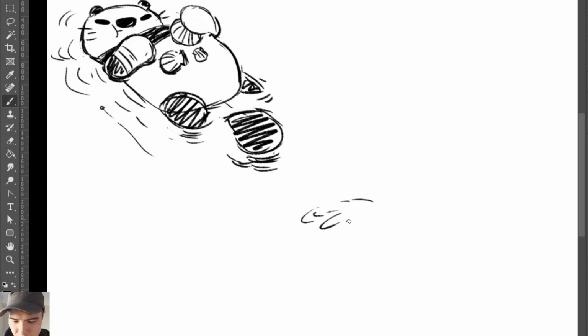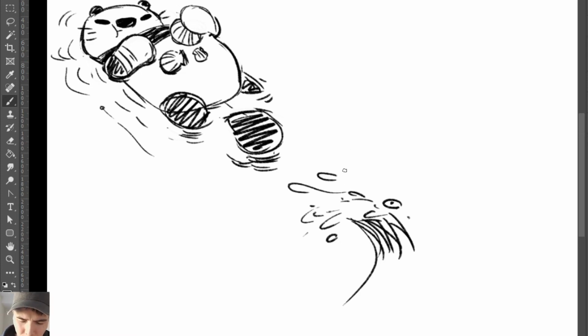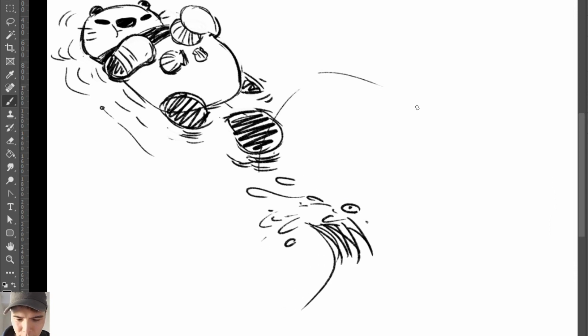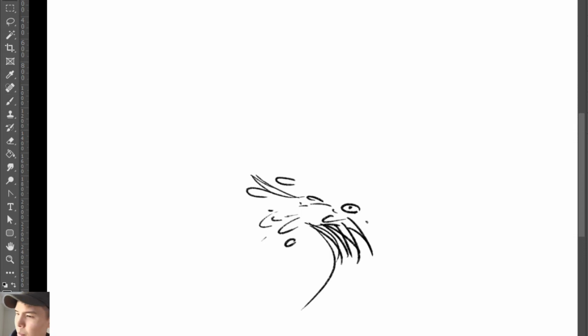So sometimes I'll do thumbnails if I can't figure out something, and sometimes some ideas are just already in my head, so in terms of what I want it to look like, this one definitely feels like I kind of know what it's gonna look like. So basically, all right, I'm gonna turn off the otter. 3, 2, 1. Pencils down. Okay. All right. So this one's gonna look like this, where